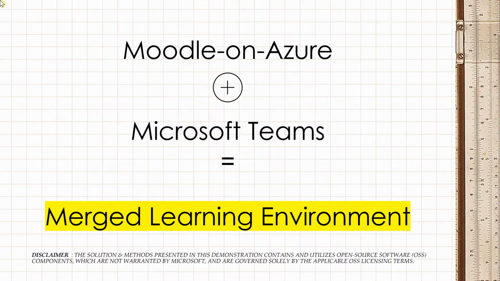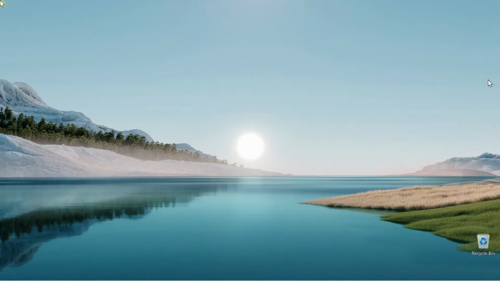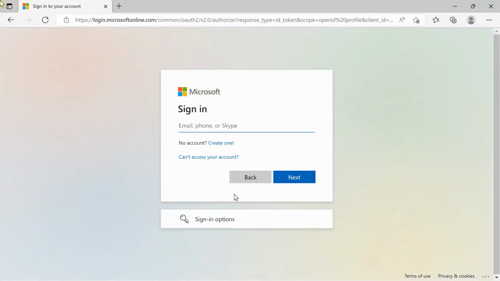So let's get started. First, let's experience how a one-step access to this merged learning environment will look like. Through this scenario-based demonstration, using Microsoft Teams, we can provide our learners a one-step experience into their merged learning environment. They can get to the Teams client from any browser or device,